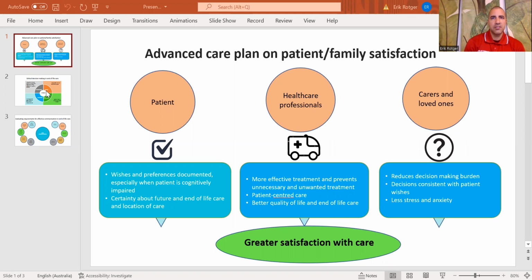For the family, it reduces the decision-making burden as the preferences have been documented before the patient has become cognitively incapable. It also helps them understand what is expected during the palliative care process and the end-of-life care. Overall, the aim of the ACP is to limit uncertainty for everyone involved in the palliative care process and when the patient can no longer make decisions and speak for themselves. By having an ACP in place and limiting uncertainty, the patient and their loved ones can experience less anxiety, stress, depression, and also more satisfaction with their care.